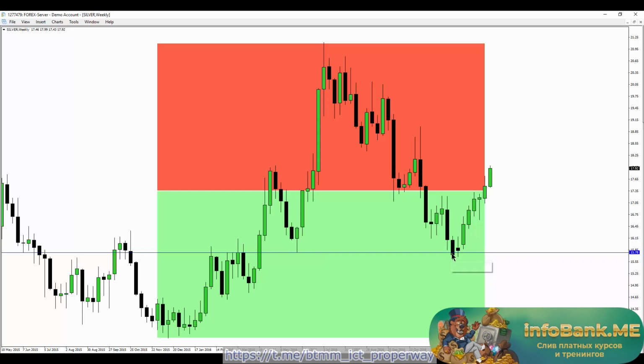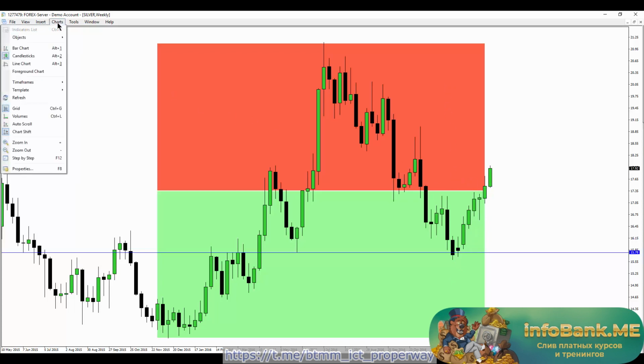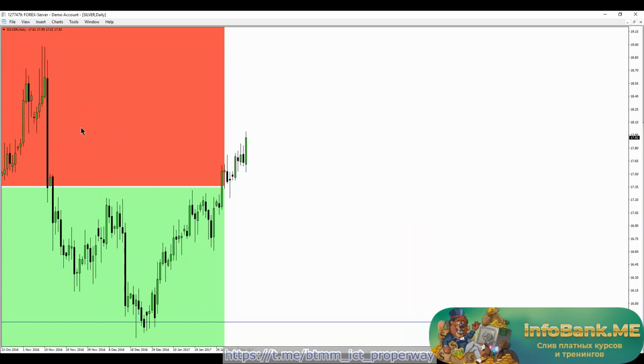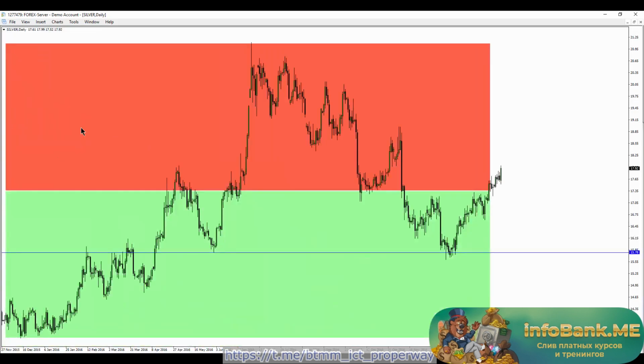But look at the market trades off of this level. Now, it took it to get down into discount to do this, and price rallies up rather aggressively. Now we're back into the premium side of the spectrum. We can go down to a daily time frame also, and this is okay. You can see how price responds again off the order blocks that are inside of the discount spectrum, and